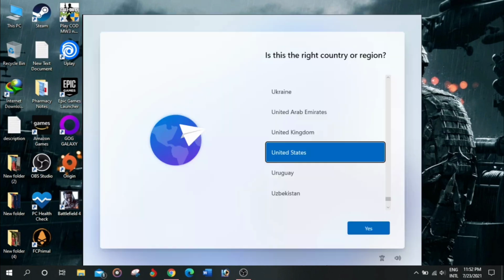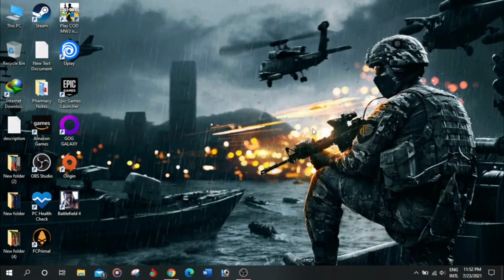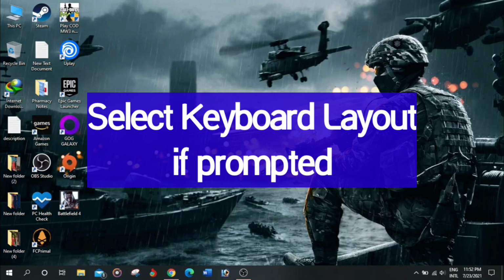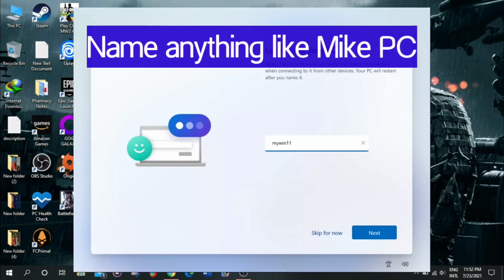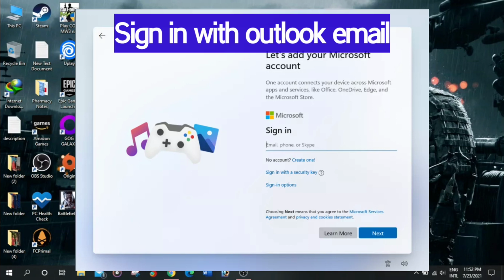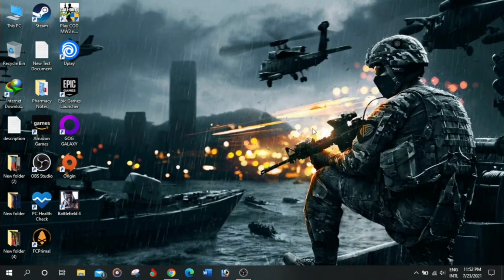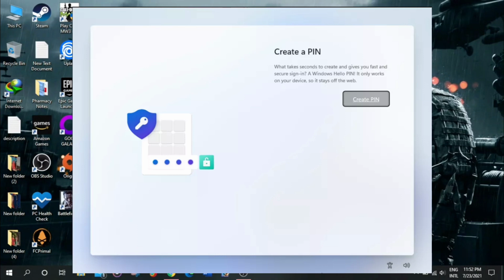After that, select your country or region if it's not selected and click yes. And also select your keyboard layout when prompted. After that, you can name your PC and click next. Then the next step will be to sign in to your Microsoft account. Then the next step will be to create a PIN for quick logins.